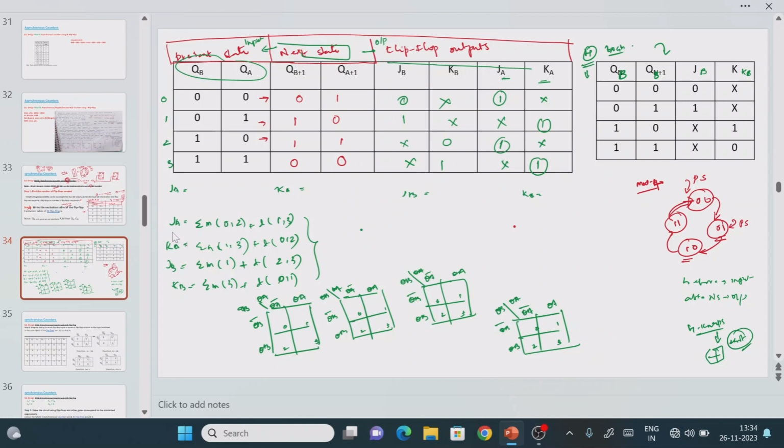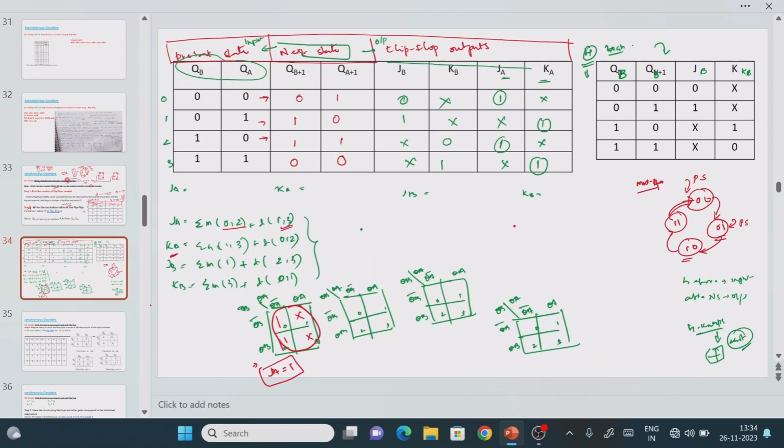Now we will plot the JA value. Let it be, it means that I am going to consider the output for this K-map. This K-map is for JA. So what is the minterm for JA? 0 comma 2. Then 1 comma 3 are don't care conditions, right? So what is the answer? If you group something like this, here we are considering don't care as 1. So if all cells are filled, then the answer is 1, right?